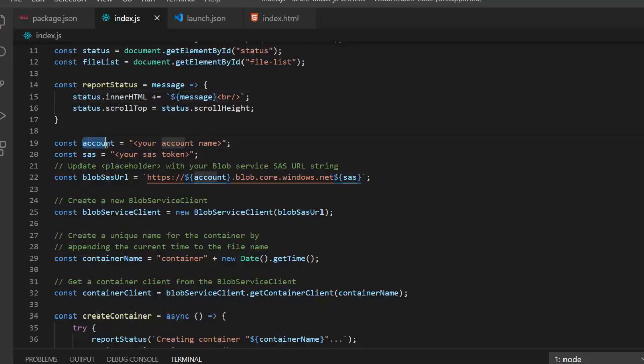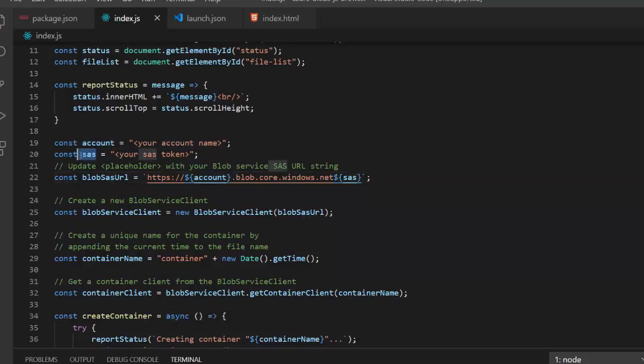Next thing is your account. So in my previous video, I used only a single blob SAS URL. You can break it into two parts. For example, the account name, you can go for this type of thing. Okay, this is a variable and this variable basically goes here. So you can use the .env format to get security for your account name. You can just save your account name in the .env file and then get it here using process.env dot whatever the file name that you are having.